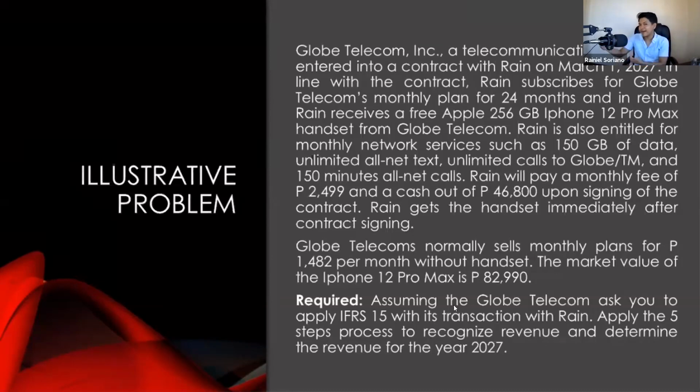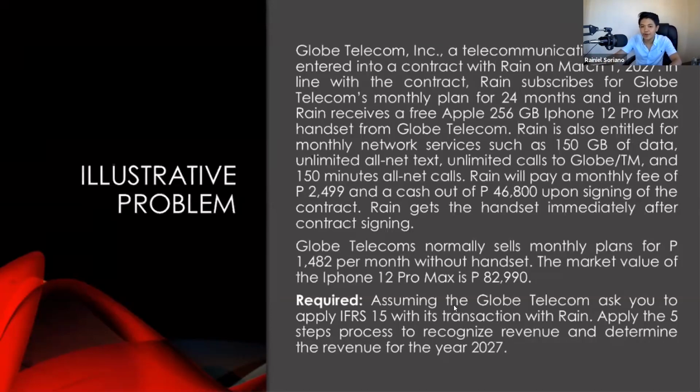Well, here in IFRS number 15, it will be different. Why? Because this time, the transaction price must be allocated to the handset or to the cell phone and to the network service. So, hindi na po expense as incurred yung handset. Ibig sabihin, meron na ring revenue na ma-allocate doon. You with me? So, para mas magets natin yan, let's move on here in this problem. This problem is created by me, alright? And this is a live problem. Seryoso yung mga data na nilagay ko dito.